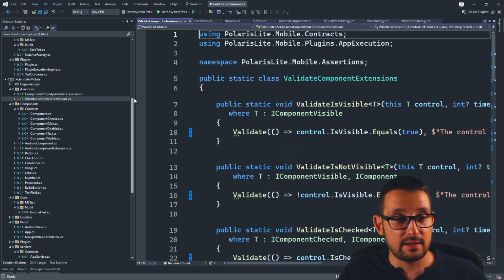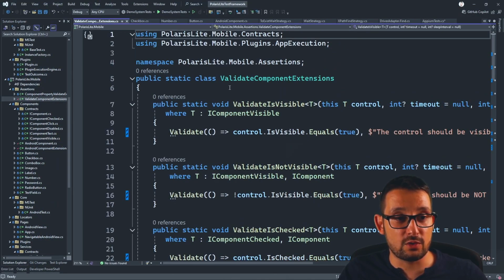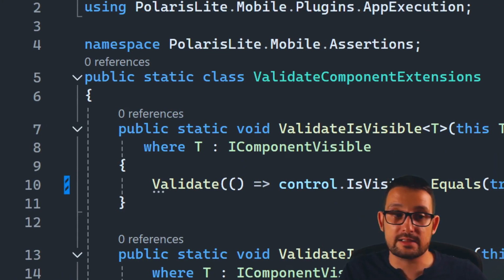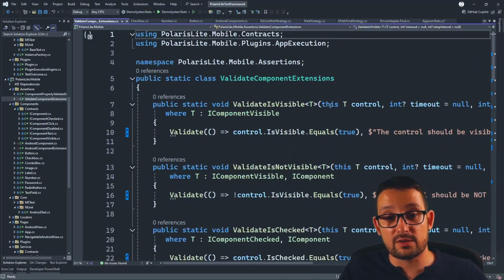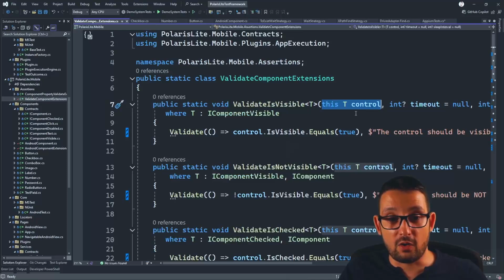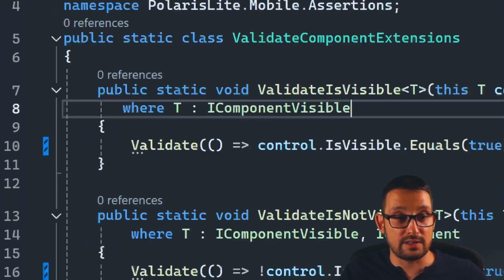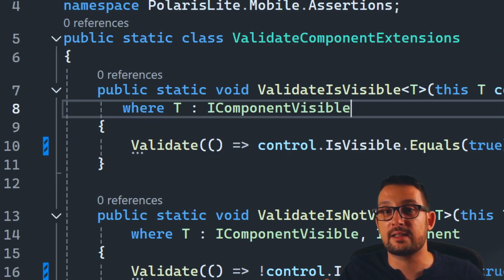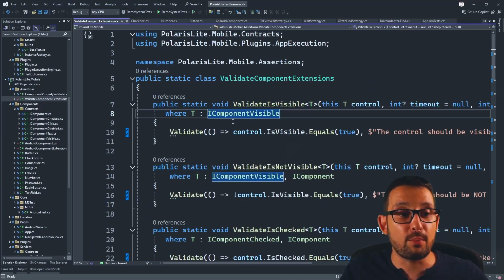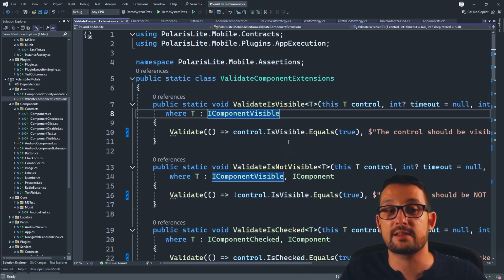The way this works is that I have all of those extension methods because they're basically put inside the static class. These are static methods. We use this special syntax for the extension methods here with the this keyword. They're all of them. Right now, as you can see, T or T component is not the actual component. We are not mentioning that right now we need to derive from the Android component adapter, but instead I'm extending the interface itself. This means that all of the components that are implementing this particular interface will have access